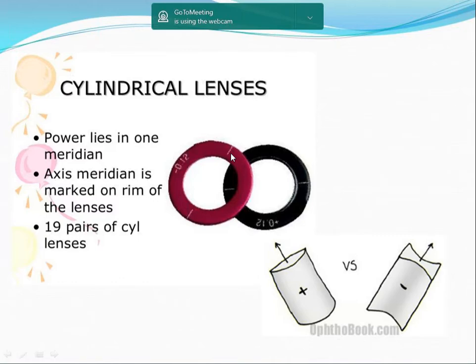Okay, then again, in the cylindrical lens also, you have either a convex lens or a concave lens. So again, your task is to find out whether it is a concave cylinder or a convex cylinder. How will you find out? Just like how you did for spherical lenses. If it is with movement, that means the image of the object which you are viewing is moving along with your movement, it means it is a concave lens. If it is moving in the opposite direction, then it is a convex lens. Understood?